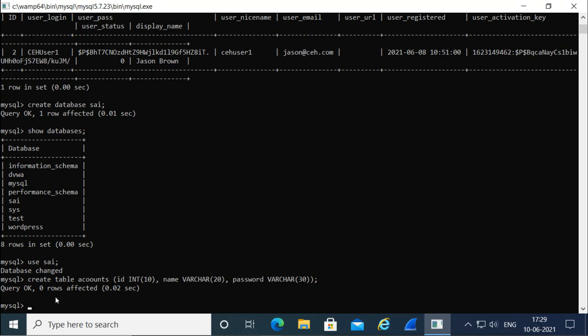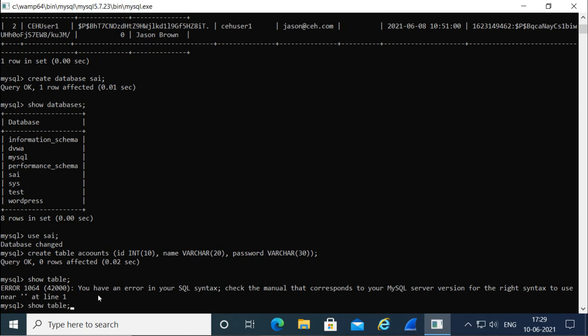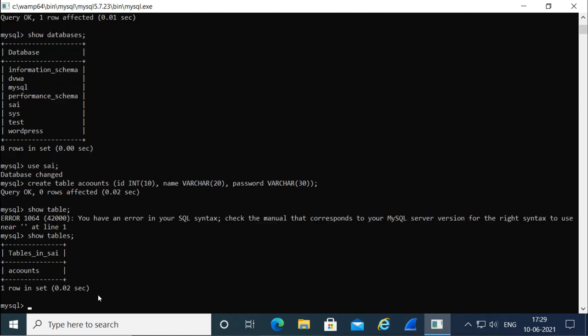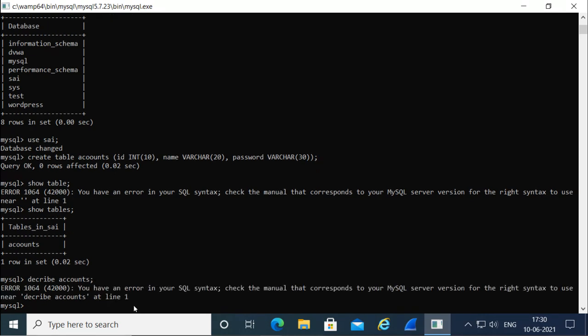Now it is effected. So when you see show tables, we can see the table which we created, and in the table what columns we have. For that we can say describe. Sorry, spelling mistake.